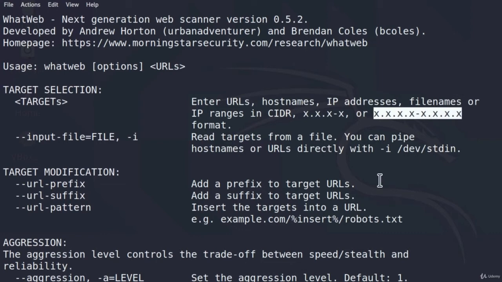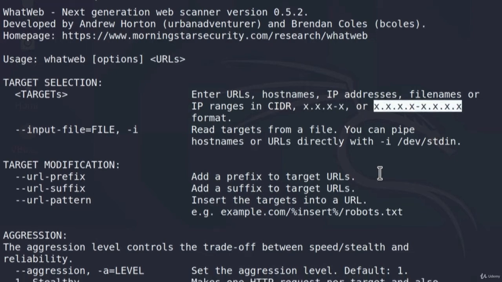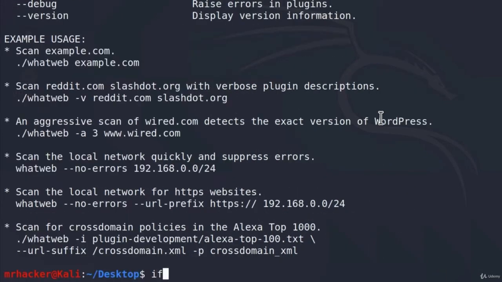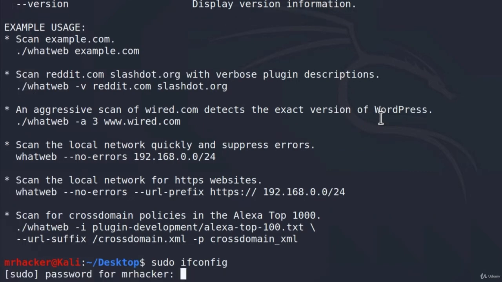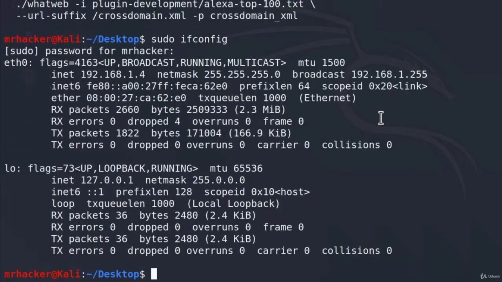And to know what range of IP addresses I should scan for my home network, I could type down here the command ifconfig or sudo ifconfig, since remember, this requires root privileges. Press enter, enter our password, and we can see that my IP address is 192.168.1.4, and what's more important than the IP address in this case is the net mask. And my net mask is